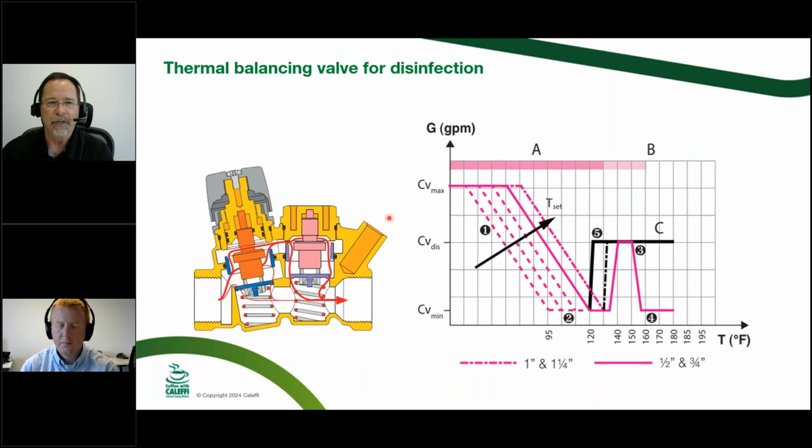If you want to read all your riser temperatures, that little dry well is still available. But yeah, that's self-contained. It doesn't require any power, and during normal operation, it just sits there closed. Yep. So when you get back to your other slide here, there were a couple of good questions about that